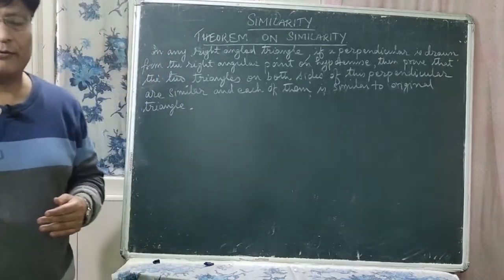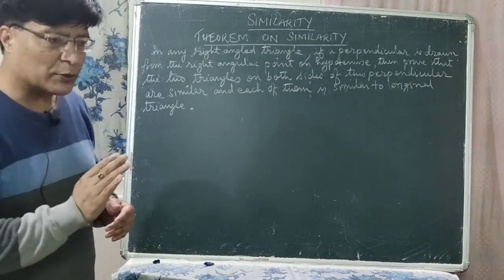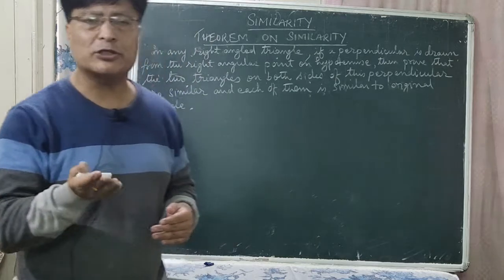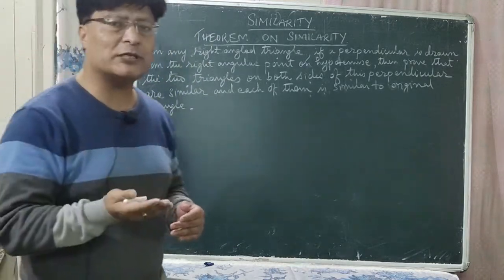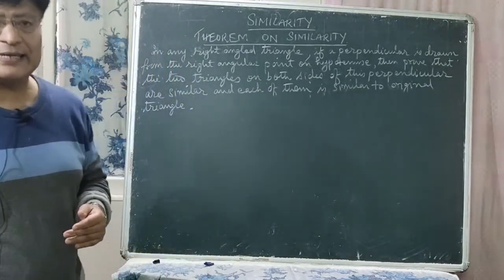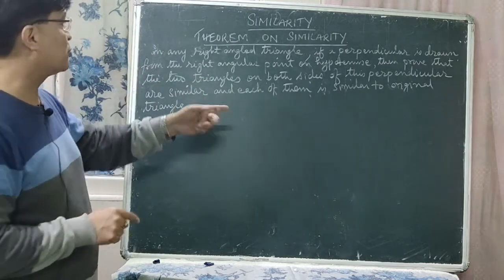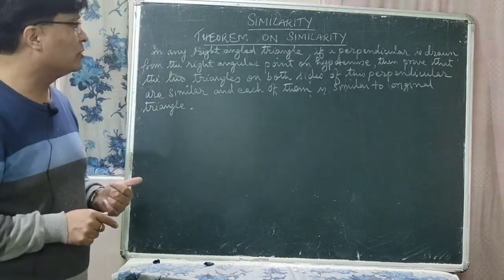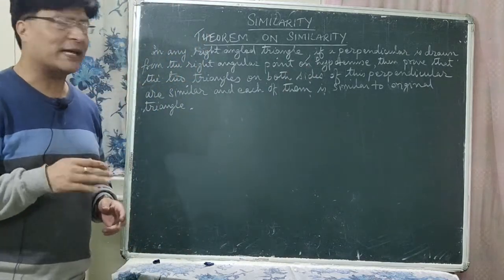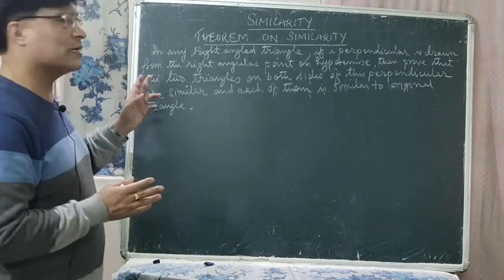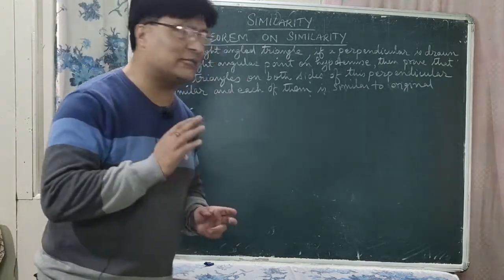So you know in a right angle triangle there will be a hypotenuse and the angle opposite to this hypotenuse will be 90 degree, and from that right angular point a perpendicular is drawn on the hypotenuse. Then you have to prove that the two triangles on both sides of the perpendicular are similar and each of them is similar to